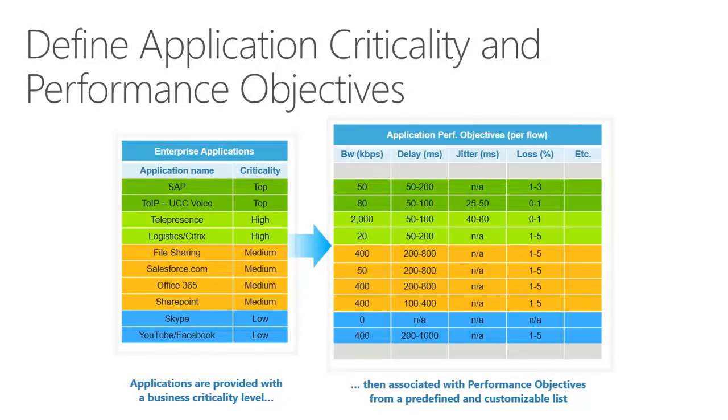And then also perhaps to pick some stuff which, everybody allows internet access in the business these days, but you may choose to say, do you know what, Facebook or Skype or some other application is actually the lowest of the low, and whenever I enter into a busy period, that'll be the first thing that gets a bad service. So I can categorize my applications by what they are, can assign a business criticality. And this is an interesting exercise, having a conversation between IT and the business about what's important so that IT can serve the business better.